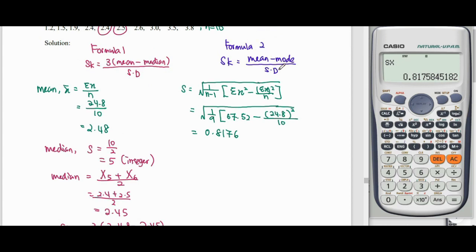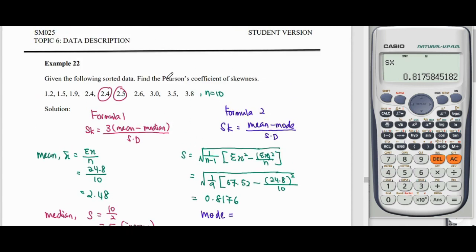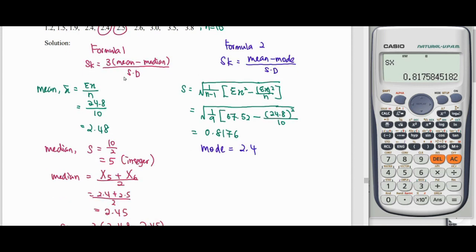If we use formula 2, we have to find out the mode. So the mode will be equal to the most occurrence of the data, the highest frequency of the data. So all the data only happen once beside this 2.4. So the mode is at data 2.4. We put in for this Pearson coefficient of skewness, where we take the mean that we already calculated, minus mode